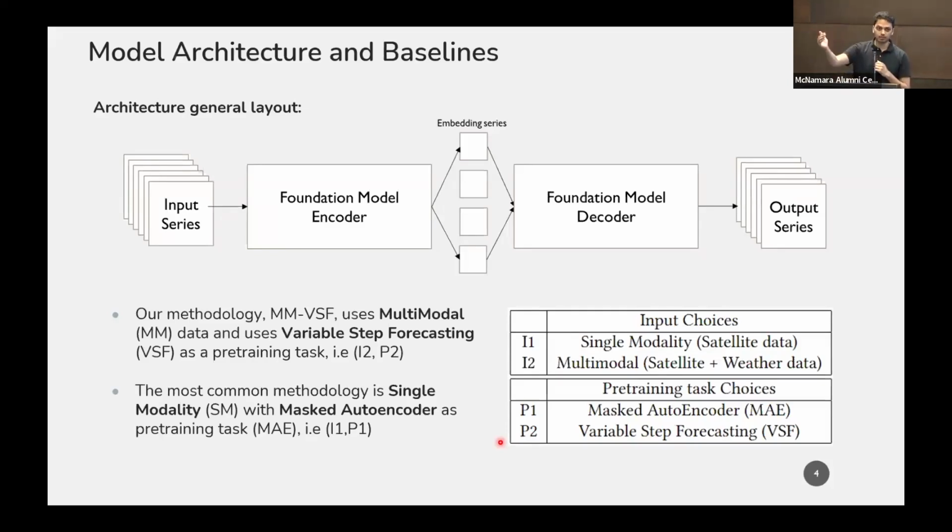And we give you the weather till that point, because without the weather it would be very difficult to figure out that image. The most commonly used setting by almost everyone else is I1 and T1. That is, they use a single modality of data, the satellite imagery, and they try to do masked autoencoding. So we have names for these, which might get a little confusing, but the acronyms are something like